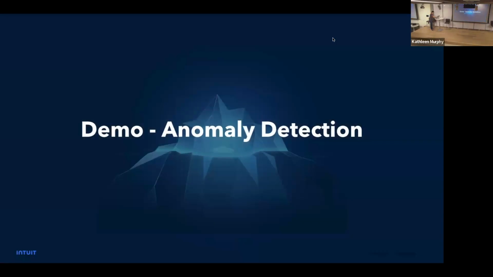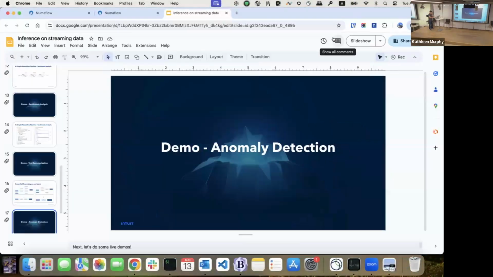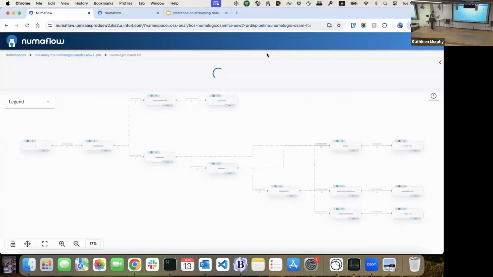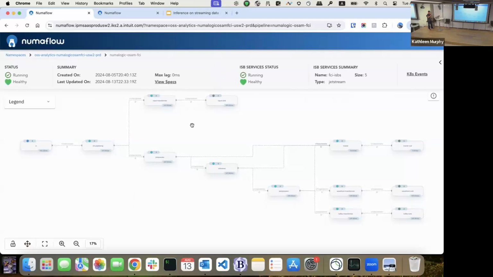The last thing I want to show is a real production pipeline. Refresh the page, right? So this is an anomaly detection pipeline running in production. It's actually a very complex pipeline if you look at the graph, and I'm going to skip the detailed logic, but anyway,